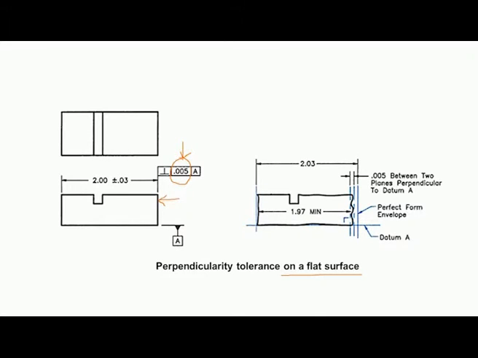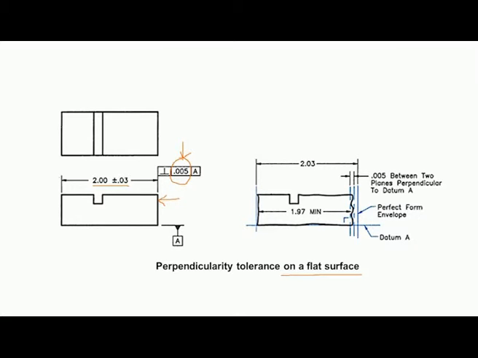This surface should be perpendicular to this within this allowable deviation. So, the meaning of this is, you can see we have two tolerances. One is specified for the size of the object, and another tolerance for the perpendicularity deviation. Now, this particular workpiece should satisfy both. Now, we will consider the size tolerance.